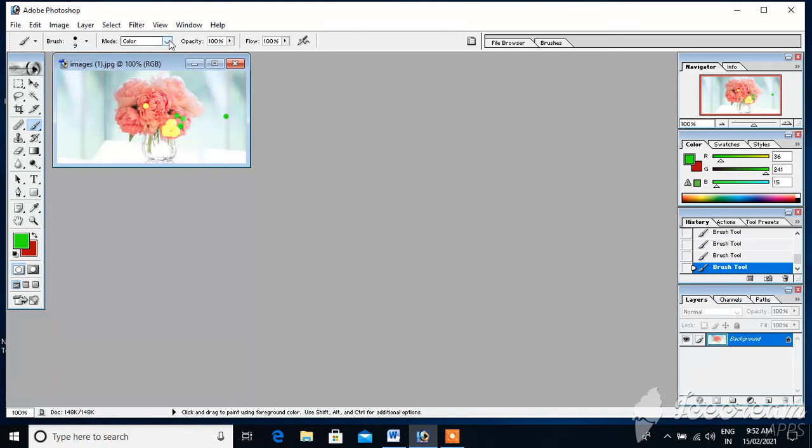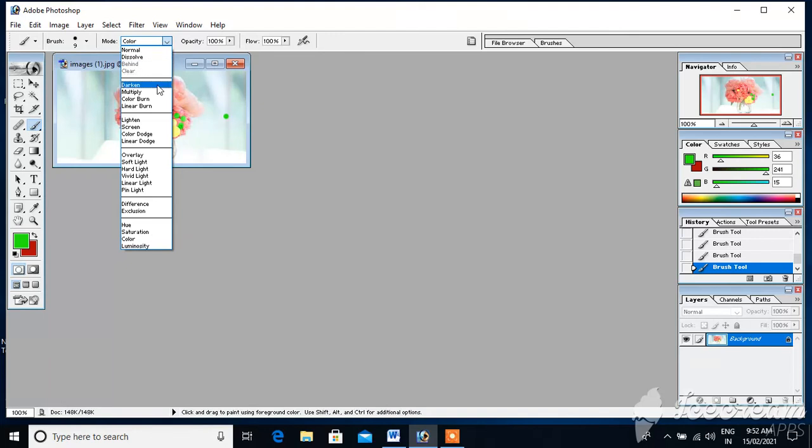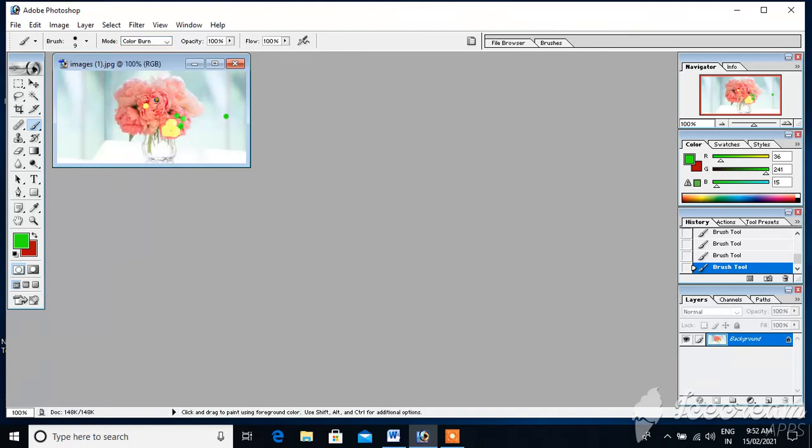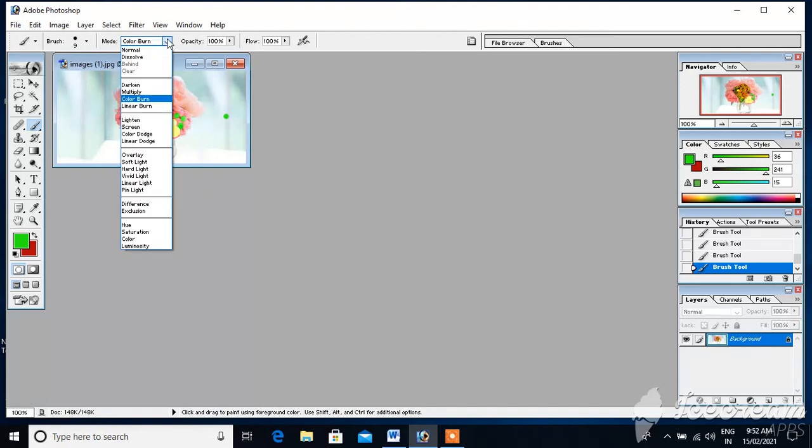Okay, color burn. Now I just clicked on color burn. See how the color changes. So this is all about the color replacement tool. Color replacement means the original color is replaced with the new color.